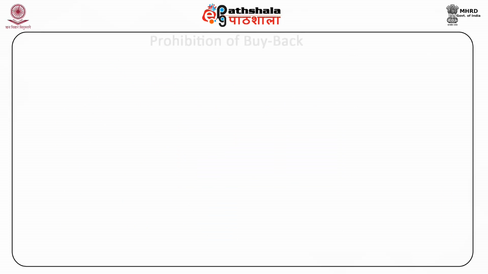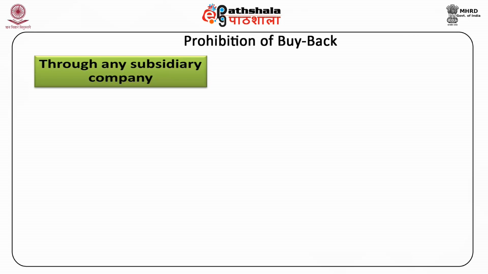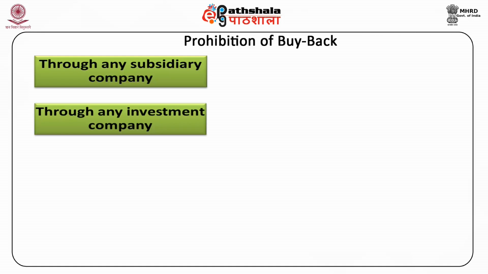Let us now discuss the prohibition of buyback in certain circumstances. First, no company shall directly or indirectly purchase its own shares or other specified securities through any subsidiary company, including its own subsidiary companies, or second, through any investment company or group of investment companies,